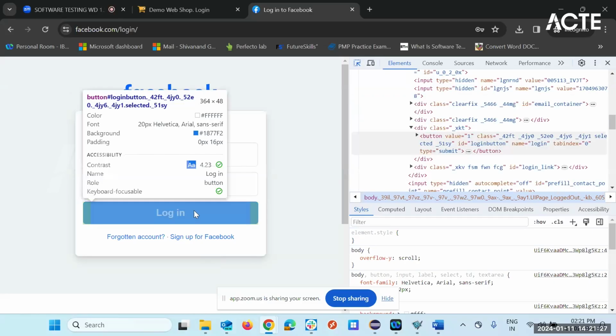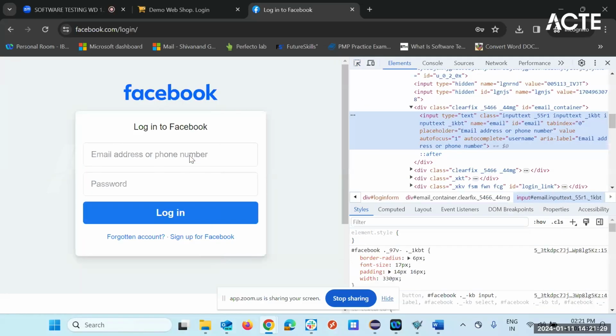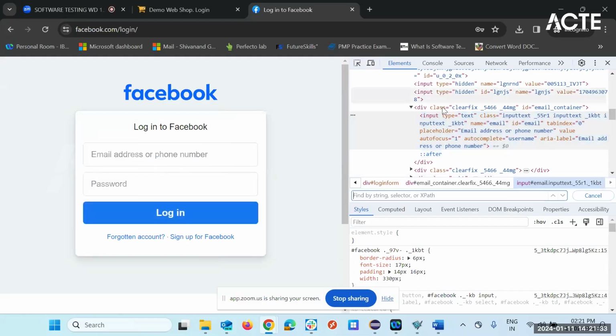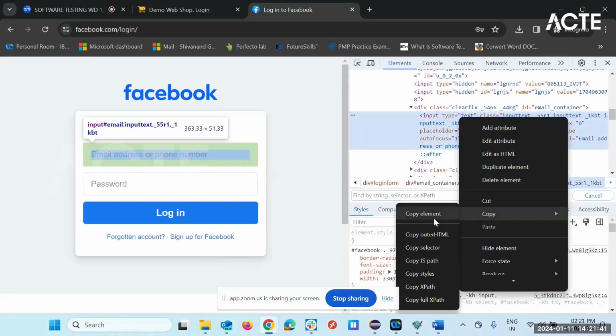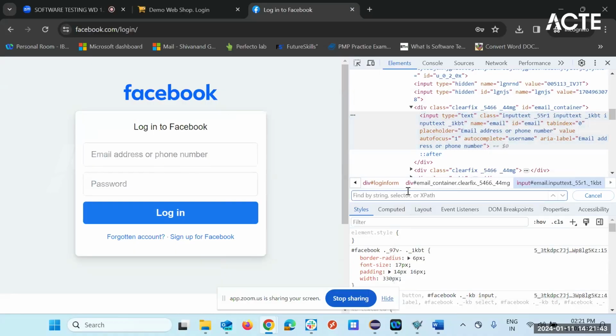Before that, you have to enter the username, so you have to find the XPath, right? For that, it starts with input type equal to text. This is your XPath. So what you have to do is just copy the element or XPath, but the better way